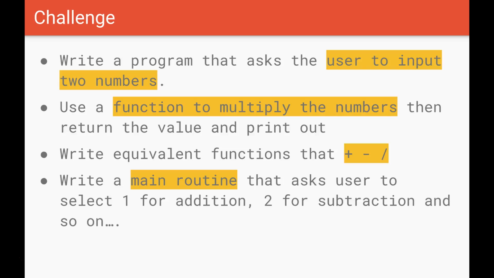Once you've got that working, you can try and write the same sorts of functions, but this time for addition, subtraction, and division. And then as an extension, as part of your main routine, so when I say main routine, I mean anything that's not part of the function. In that main routine, I want you to ask the user to select the numbers 1, 2, 3, or 4, and that would correspond to addition, subtraction, multiplication, or division,